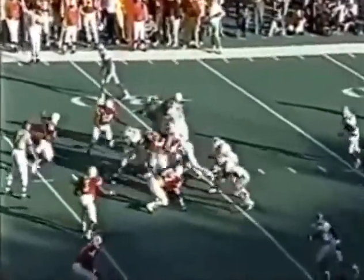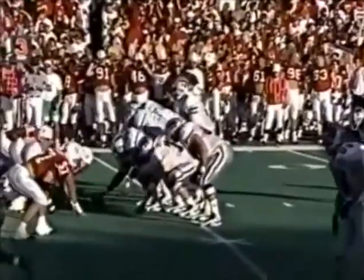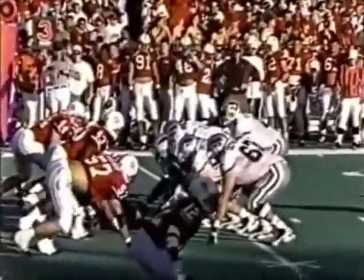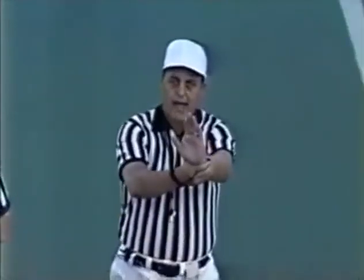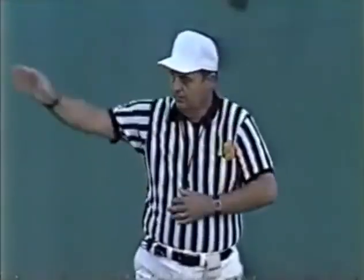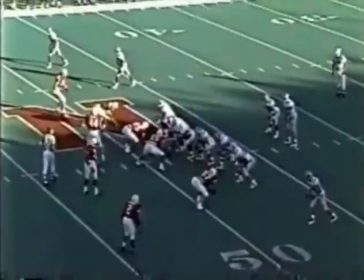Nebraska coming in number 2, K-State number 8. This is a third and 1 for backup quarterback Brian Kavanaugh. Backs out of the I. They run the option to the wide side. Hickson with room has the first down and then some. And he's hit late out of bounds. Yeah, illegal block in the back on a first